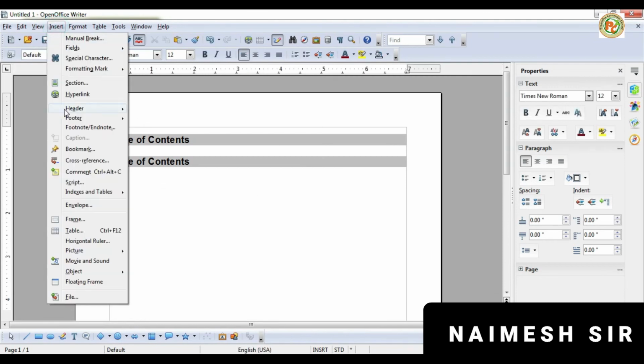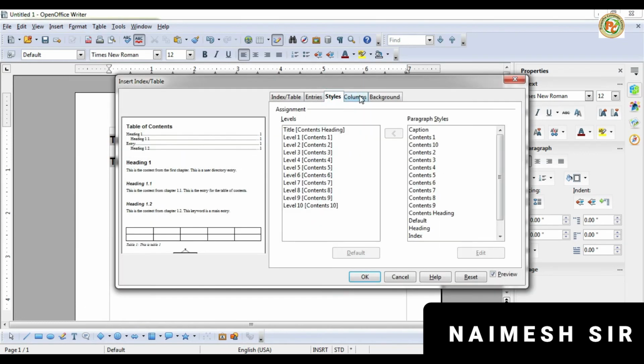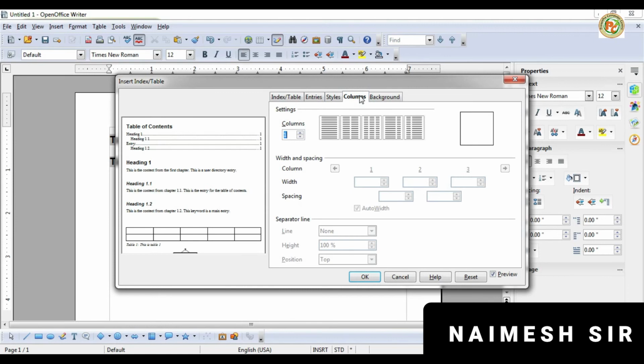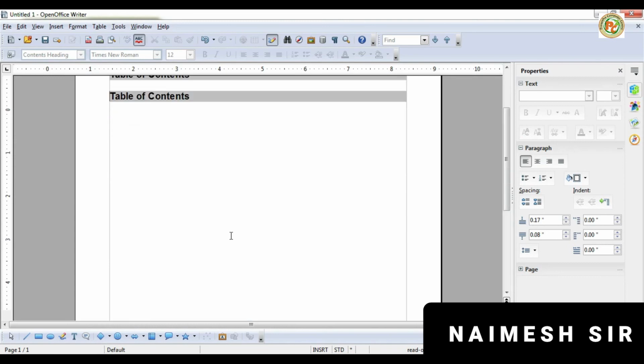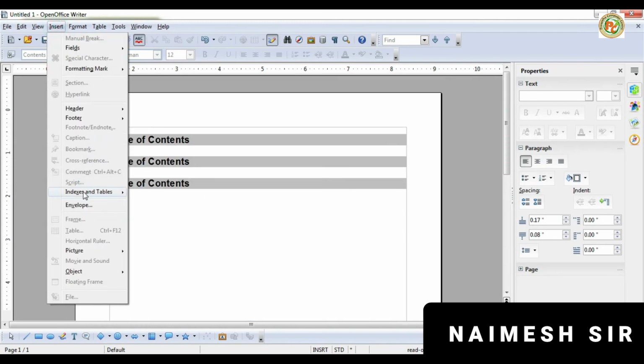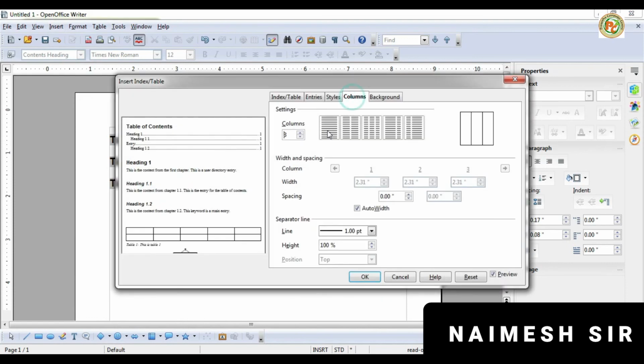Okay, but again if you want to change something, then go to the same option. After the styles it will be columns. If you want to add a number of columns inside that, we can add a number of columns: 1 column, 2 columns, 3 columns. Like we want to add 3 columns here, and a separator line like 1.5 in between, it is required, and then click OK. So the table of contents will be added with the number of columns in this. Okay, so this way we can create a table of contents with 3 column size: first column it is here, second column here, third column here, right? And then we can edit it, and if you want to change anything, you can change it also, right?